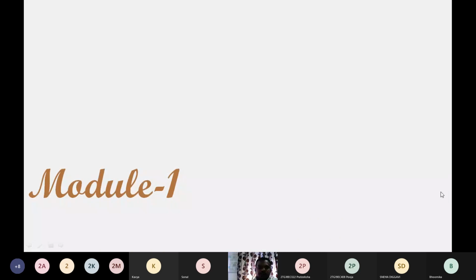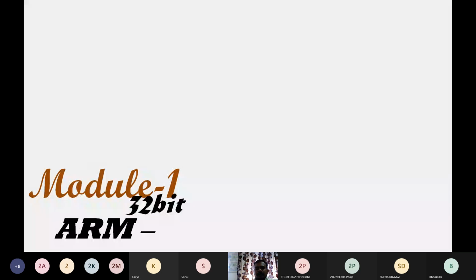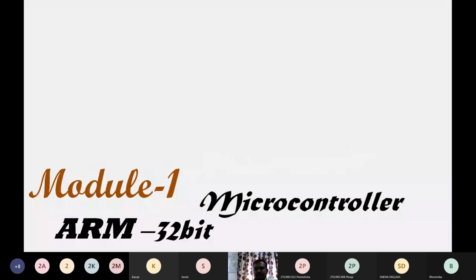So, as we discussed, models number 3, 4, and 5 are all introduction to the embedded system. The next models, model number 1 and 2, are purely programming concepts about the ARM Cortex M3 processor. Here we begin with model number 1, the ARM 32-bit microcontroller.